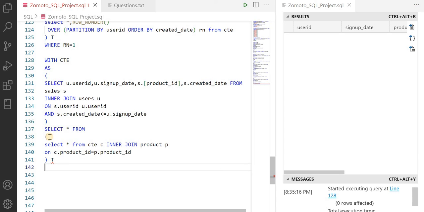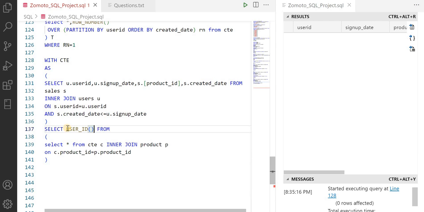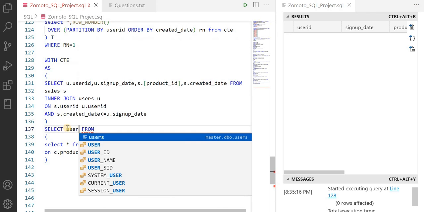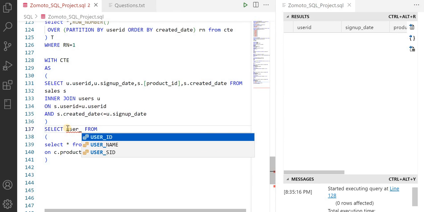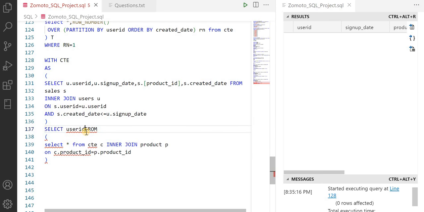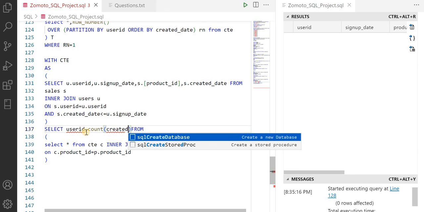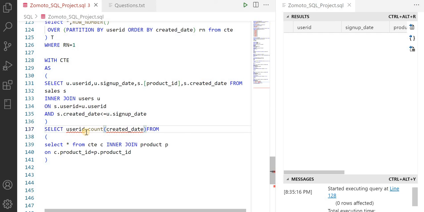And here I have to use, now I want to find out the total amount, correct? Total amount I need to find out. So since we have this, I will just write select user ID, not this user ID, dude, user underscore ID. Okay, this we can do now. This is user ID, and then I will use here count of created date. Okay, since we have created underscore date, and then